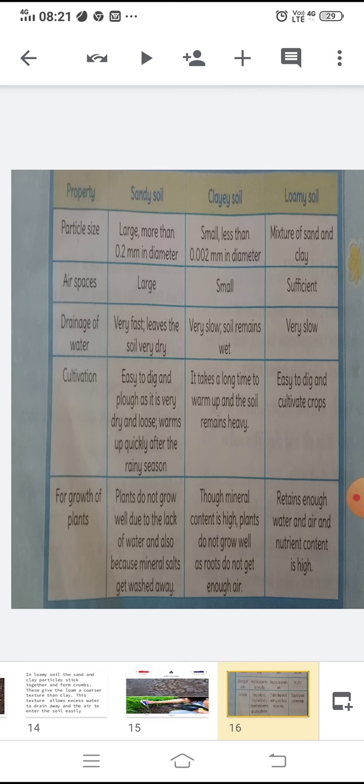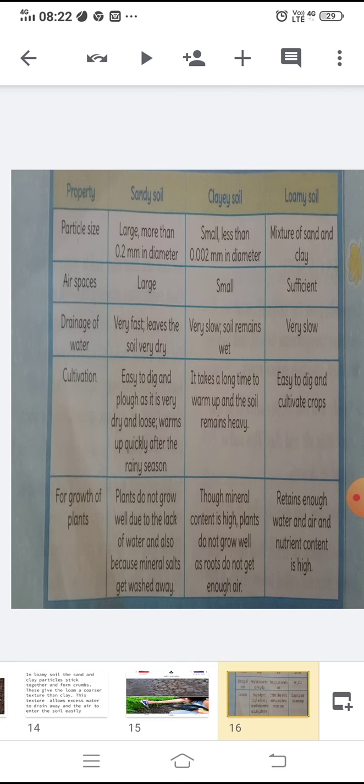Now you can understand about the properties of the different kinds of soil. Let us revise the topic. What are the types of soil? Sandy soil, clay soil and loamy soil. What are the differences between the sandy soil, clay soil and loamy soil? Sandy soil has mostly sand in it and very little silt and clay. The soil is found in deserts. But clay soil has mostly clay in it. And also a combination of sandy and clayey soil gives a mixture called loam.